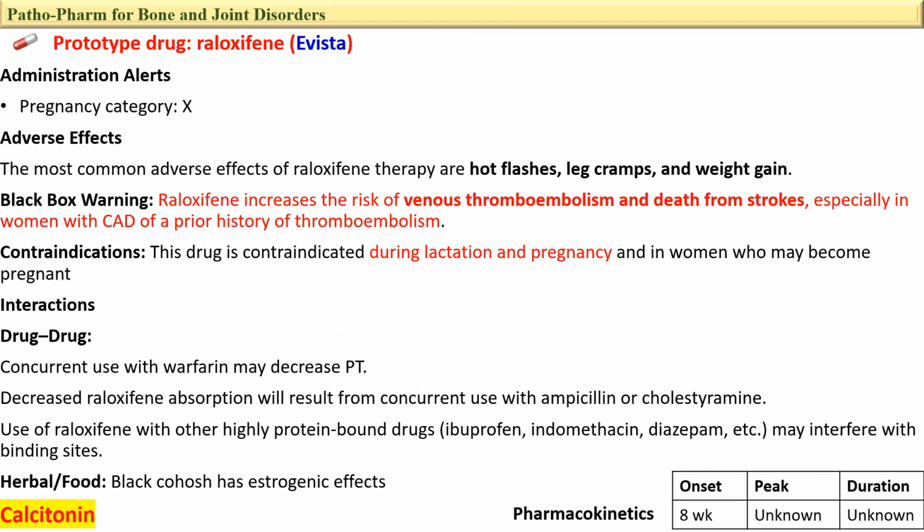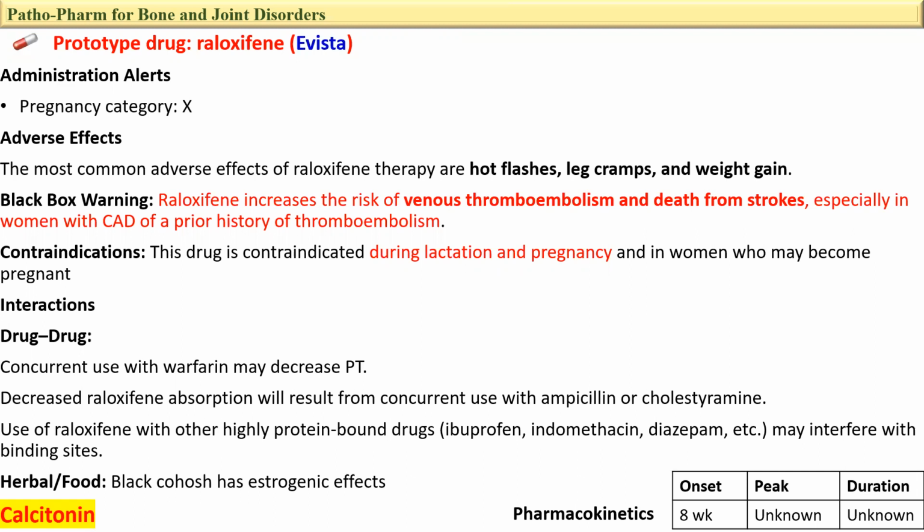So it's very important to know that the pregnancy category for this drug is X. It can be given with or without food. Now, a serious point here: the adverse effects. The most common adverse effect of raloxifene, Evista,